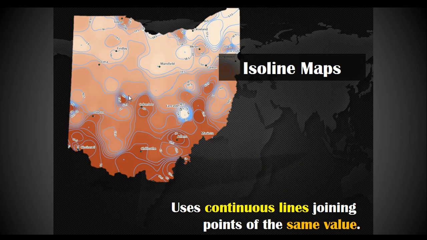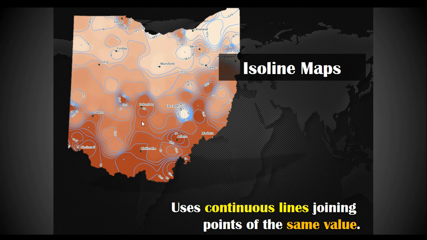Then we have isoline maps. Isoline maps are going to use continuous lines that join pieces of information of the same value. So what we see here on this screen, we can see these are values. You look at temperatures. So here we're talking about the temperature in certain circles. And if we look here at this circle under Columbus, we see it's about 63 degrees. Then you get outside of that, and anything inside of these lines in this circle would be indicative of